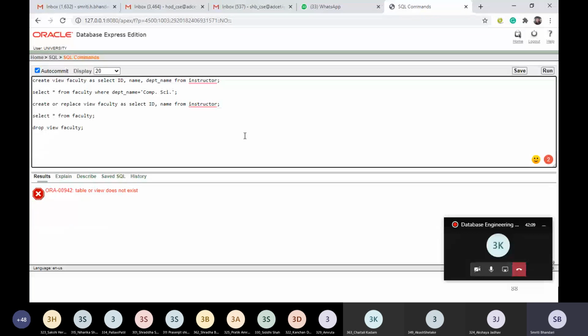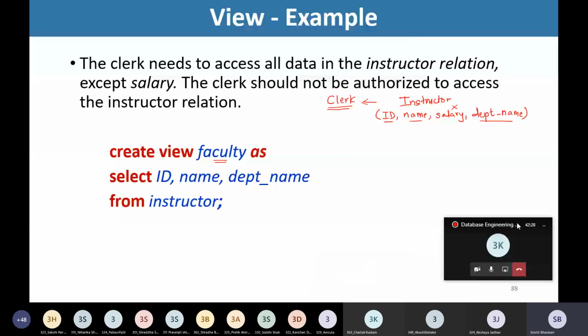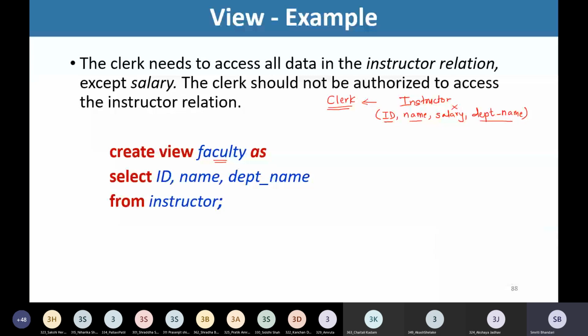So it may not be possible for me to get whatever data that I want. I hope you must have understood this concept. Okay, so now let's proceed with the next example under views.